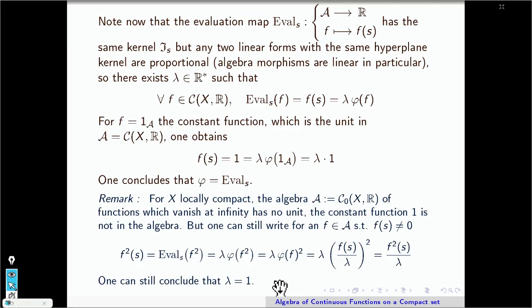So there is a bijection between points and maximal ideals. And finally, every algebra morphism has a kernel that is in fact a maximal ideal, and so the algebra morphism will be proportional to the evaluation map, and the proportionality coefficient is 1. So every algebra morphism is in fact evaluation at a